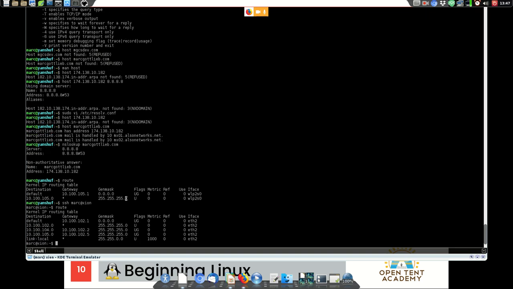Okay, so this is Xyon, and we look at Xyon and we see that it has two additional settings that I added to it. Its IP address, if you remember, is 10.100.102.100. That means it's on my 102 subnet, so it can be aware of any of the other computers connected to the 102 subnet. Now I have these two other subnets, 104 and 105. So if I want to reach anything on 104, I send it to 102.2, which is the other access point.